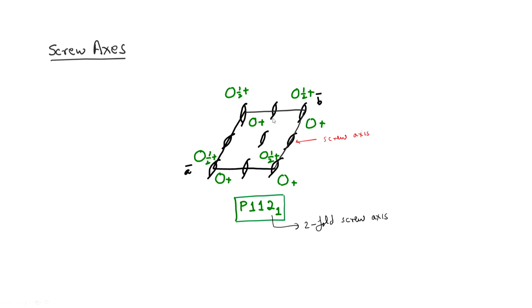And this is the space group with the symbol for the screw axis. Typically there have been pure two-fold rotation symmetries, but in this one, all the two-fold rotation symmetries have been replaced by the screw axis. In this lecture, we will discuss the meaning of this symbol 2 sub 1, and we will find that there are other screw axes like 3-fold, 4-fold, etc. They will have different symbols.